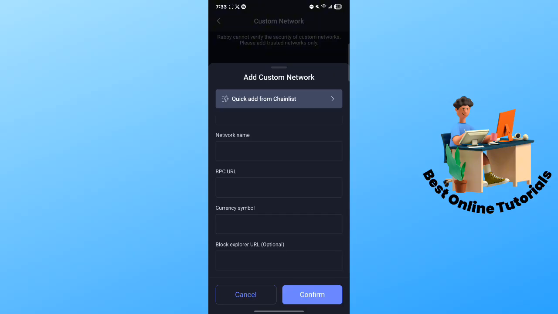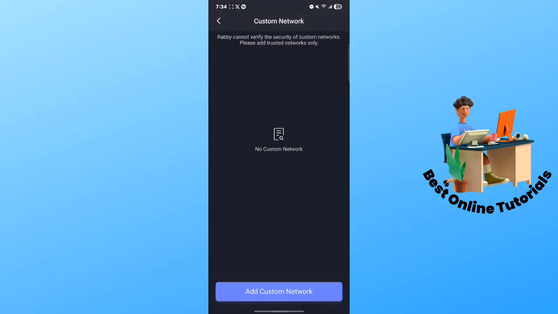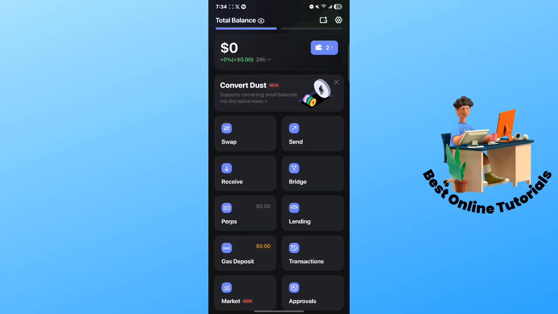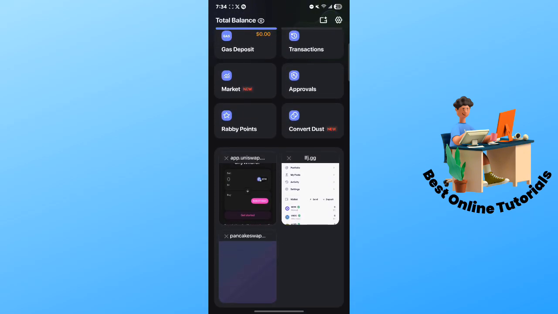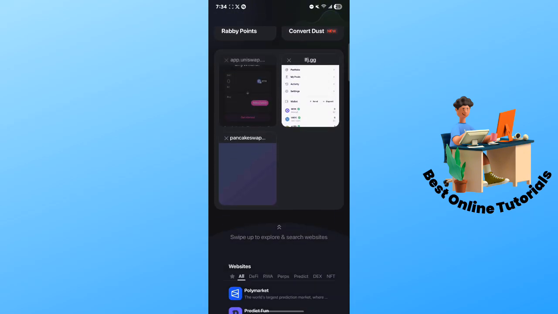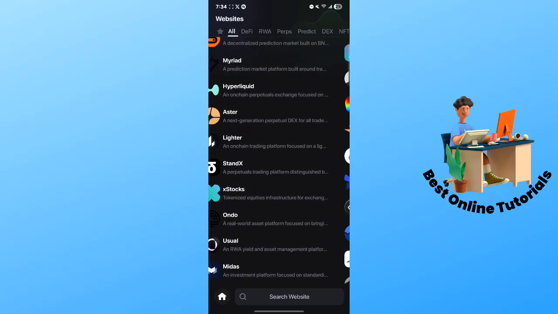After saving, you can easily switch to the new network in your network list. It's that easy. You can receive tokens using this new network. You could also switch it when you connect to DEXs like these, such as Uniswap and PancakeSwap, as well as